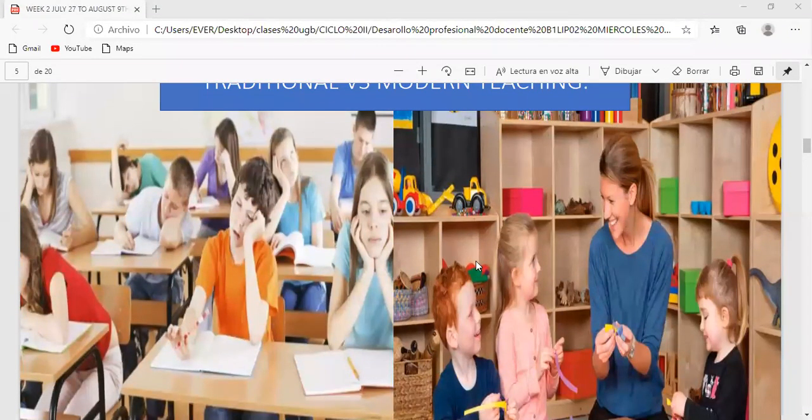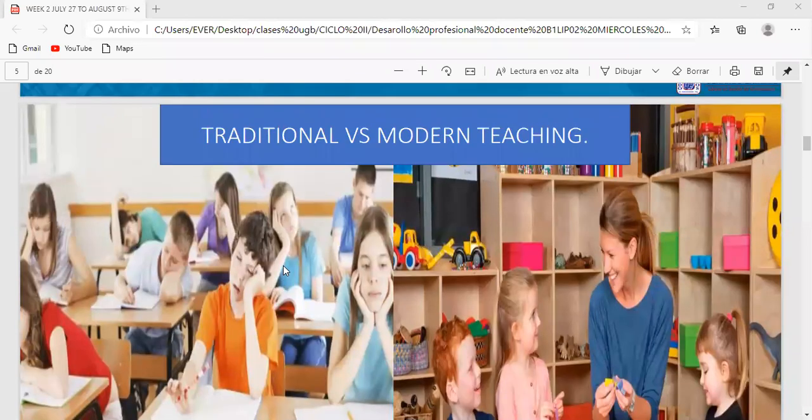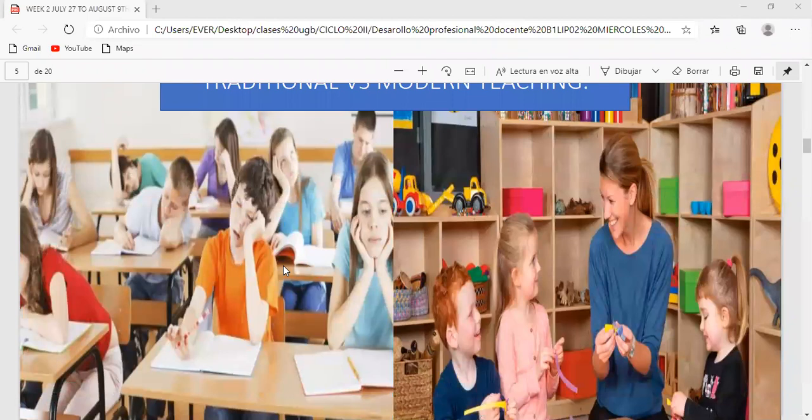Look at these two pictures, right? What can you see in the pictures? Just by taking a look, what can you say about these two different scenarios? Anybody? Yes, sir. What I can say about the first picture is that almost every student is bored about the class they are receiving. So it means that probably the method or technique that teacher is using is really boring for the students. That's what I think.